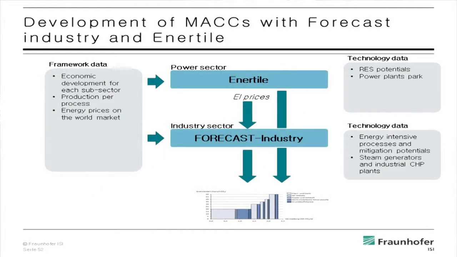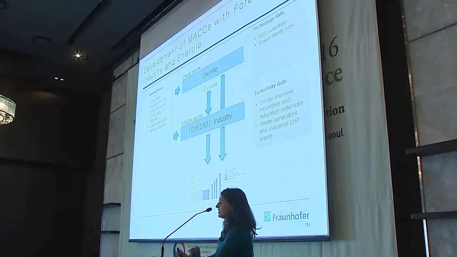Yeah, pretty much said that. We decided for this exercise to link our models in that way that we are using electricity prices from Enertile for the forecast model, but we decided not to include the energy demand from the forecast model in the Enertile model. That is related to the reason that industry is only one sector on the demand side for energy, and other sectors like buildings, for example, are not covered under the ETS, but they make up a heavy part, and we think that the impact on electricity prices